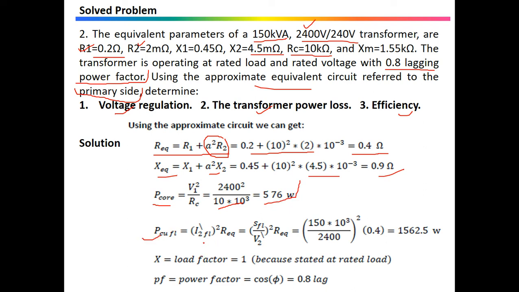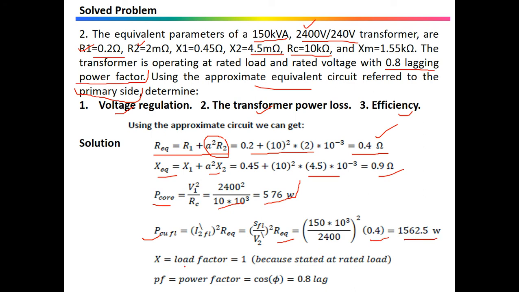The copper loss is nothing but the I square R equivalent. So the I2 value has to be calculated. Either it can be written in terms of V, with this formulation: V I equals S. We have solved this in the derivation previously. So this S FL is the volt ampere, and the volt ampere value is 150 kVA, so 150 into 10 to the power 3, over V2, 2400, squared, and this R equivalent which is calculated is 0.4. In calculating this, we have this value with us.